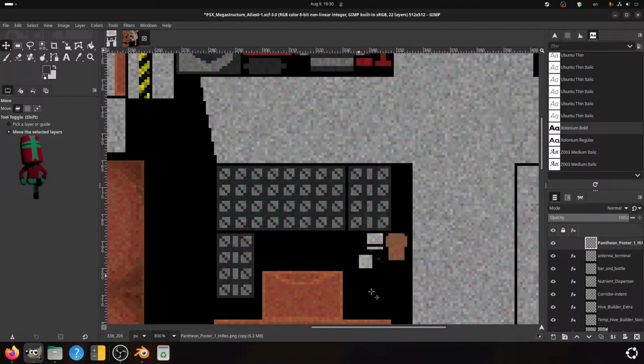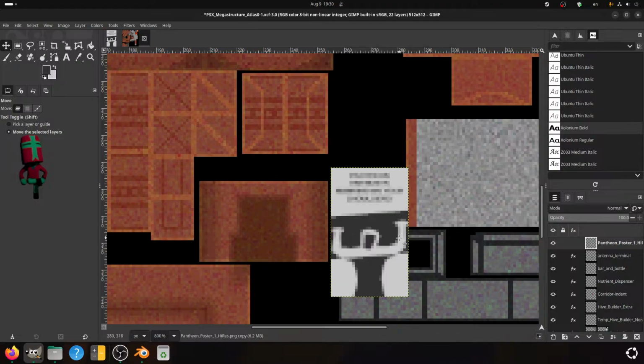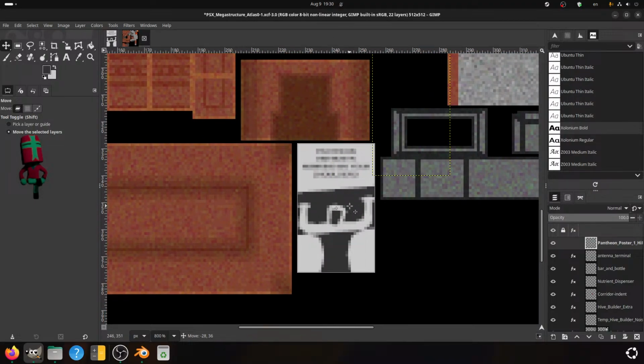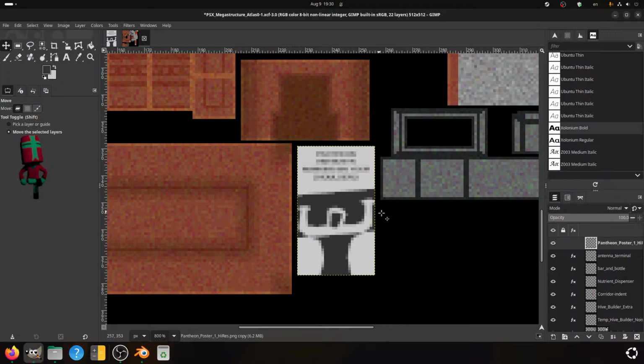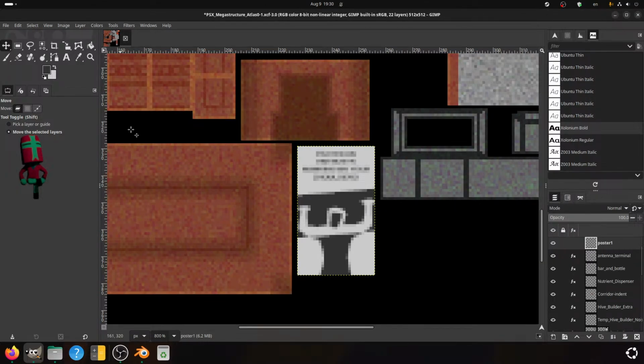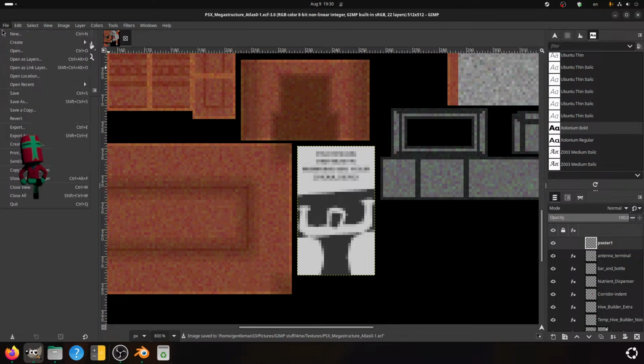And move this somewhere. Does it fit here? It does fit here quite nicely. Okay. Poster 1. And I can save you and export you.